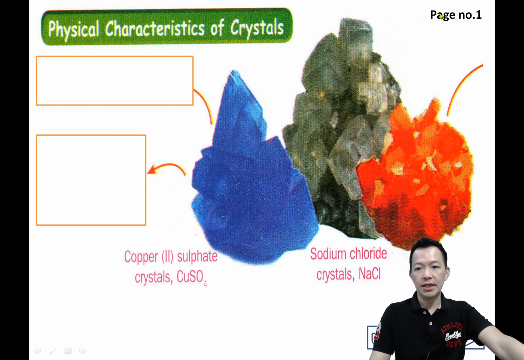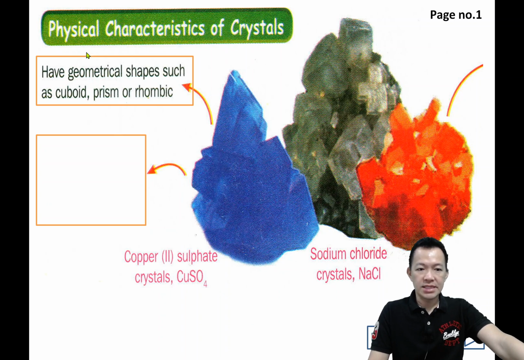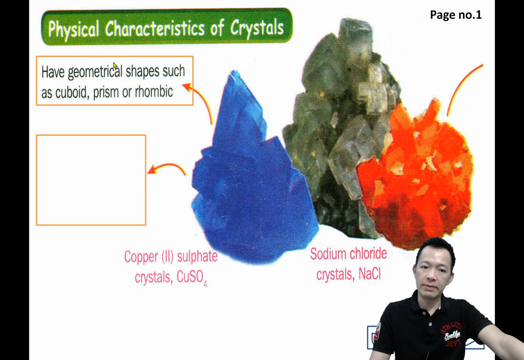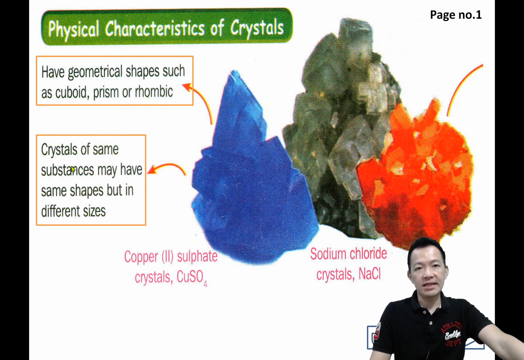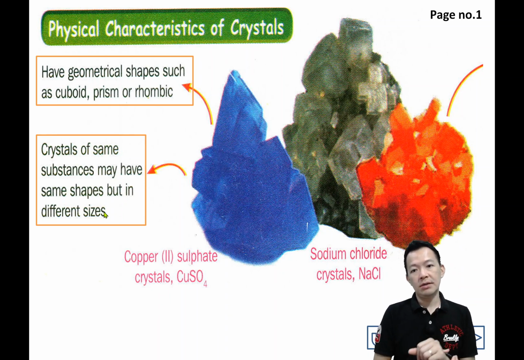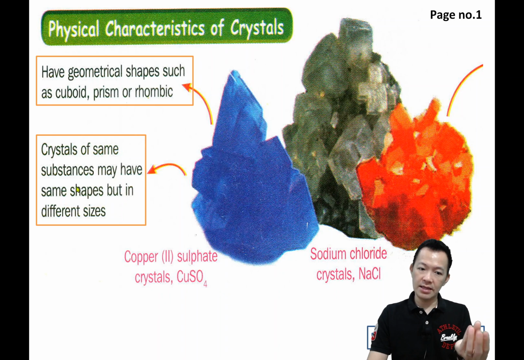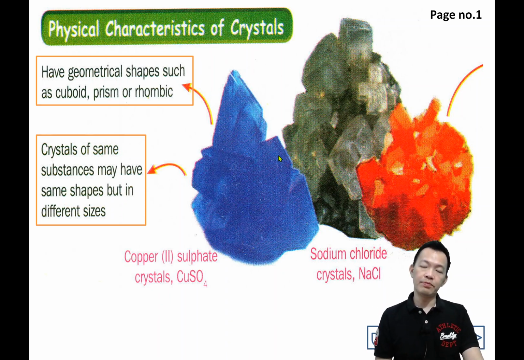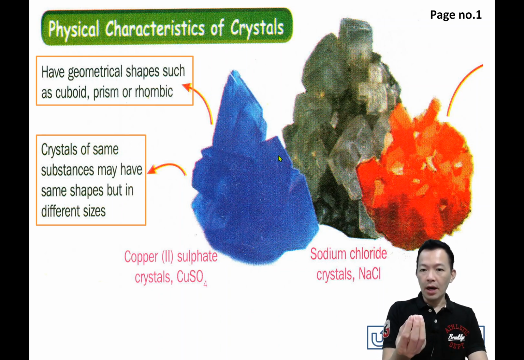So what are the physical characteristics of the crystal? 盐的水晶它们有什么特征呢？Still page number 1 我们还是在第一面. Okay, so all the salts are having a geometrical shape such as cuboid, prism or rhombic. 盐的水晶 under the microscope, if you look at the crystal carefully, you can see all of them having the geometrical shape. 它们都有固定的形状。不一样的盐，不一样的形状。It can be cuboid, it can be prism 三角形, it can be rhombic, 什么形状都可能，明白吗？Okay, crystals of the same substance may have the same shape but in a different size. 不一样的盐呢有不一样的形状，同一种盐的形状几乎都一样。Okay, sodium chloride 全部的 crystal 都是 sodium chloride 的形状啦。Okay, but they may be big or small. 它的水晶可能大，要不然就比较小。Okay, but the shape will be the same 啦。每一种盐都有各自的形状。只是它的 size 可能不一样罢了。